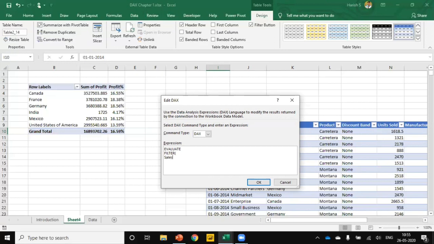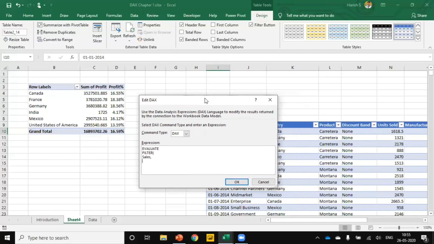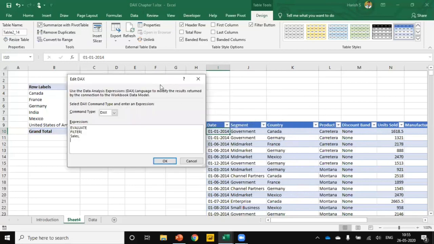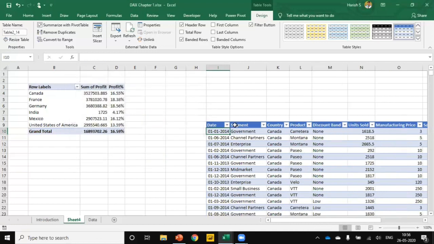The first parameter is Sales, adding a comma, and then for the next parameter we have to mention the field name, Country equal to Canada. Hit enter, close the bracket, OK. Now we can see that only Canada data has been added. So this way we can retrieve the data using the table function. This is similar to SQL queries.